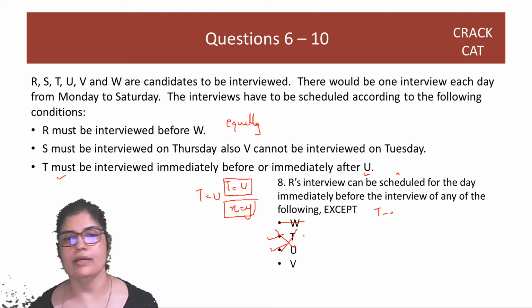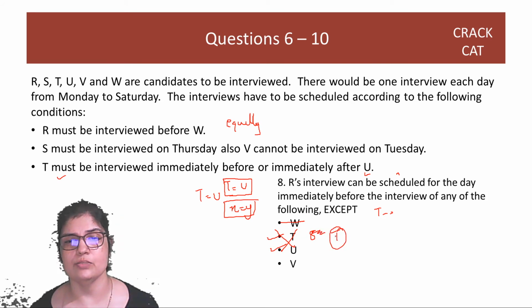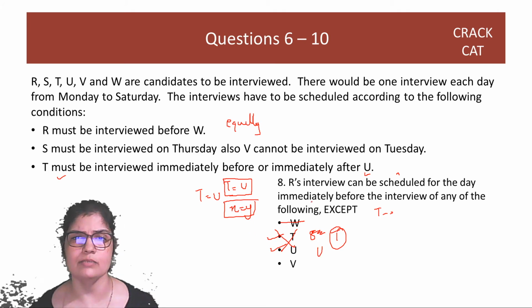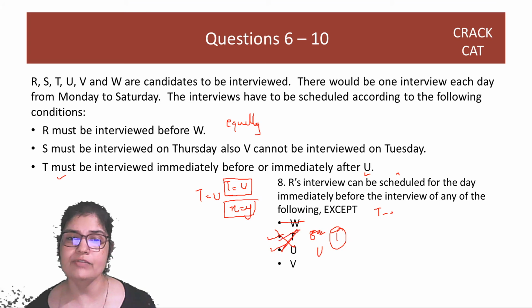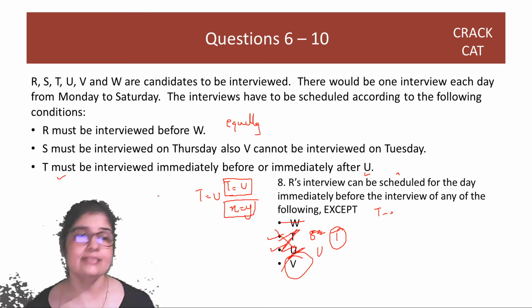If you tell me, 8 is the answer, Munira, I'll say, why? Sorry, 8 no. T is the answer for the 8th question, Munira. I'll argue, why is U not the answer? Because T and U, there is no difference. You understood? So both of them cannot be possible. So what are you left with? V. And let's see, just for fun.